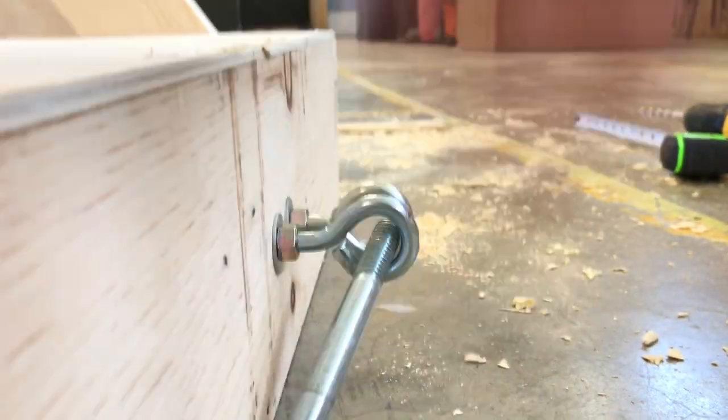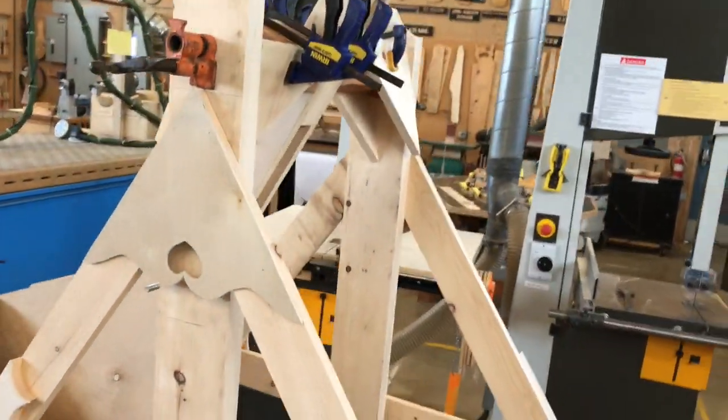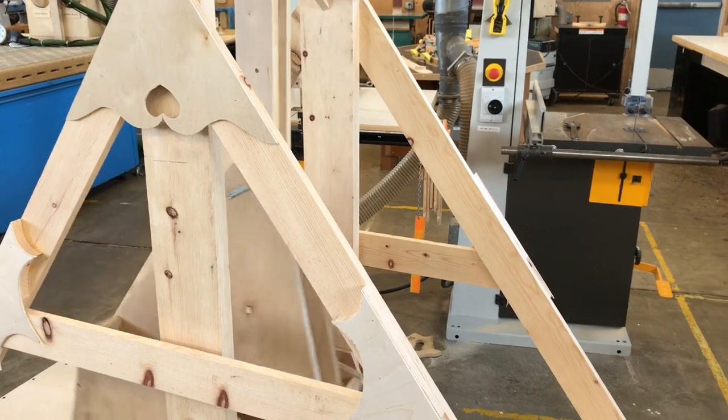The other thing I'm noticing, whoa, jeez. Okay, that was a close call. That's why it's a really bad idea to have this weight attached. And I knew better. All right,